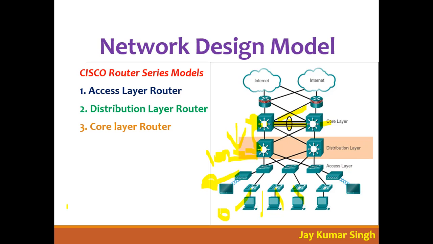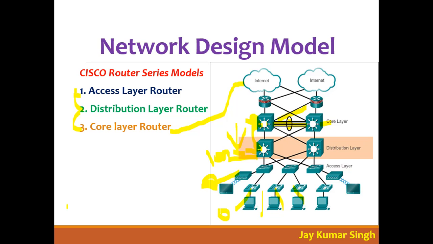That's why core layer routers have very good Giga Ethernet ports. They can transfer a very high amount of data at very fast speed. That's why core layer routers use fiber optic connections. So access layer routers generate the data. Simple. The data comes to the distribution layer. The distribution layer collects the data and defines the routing path. And the core layer router collects the data and transfers it at high speed to the internet.